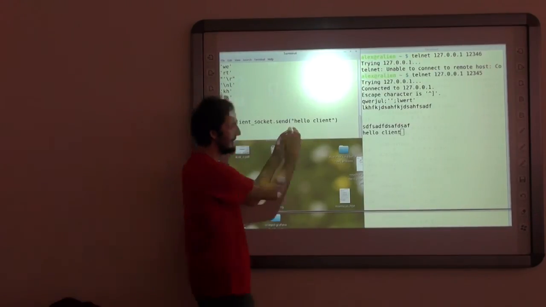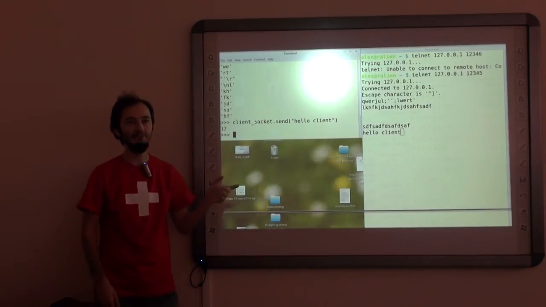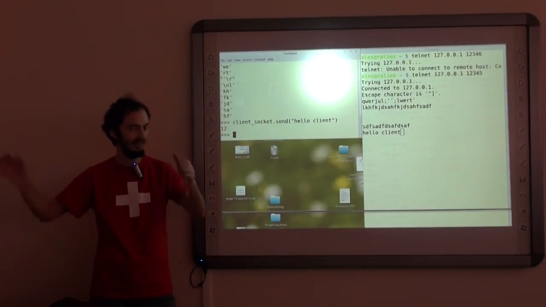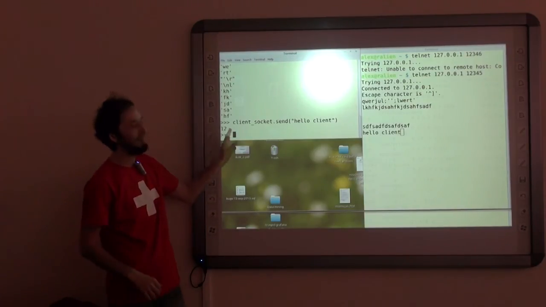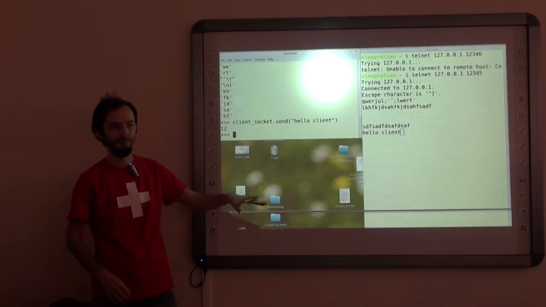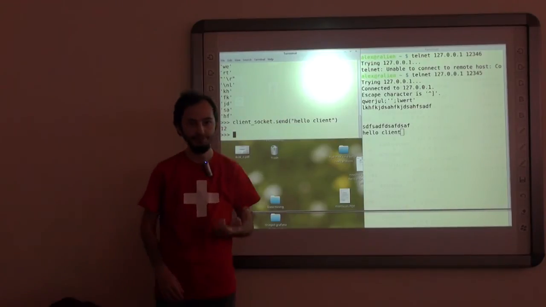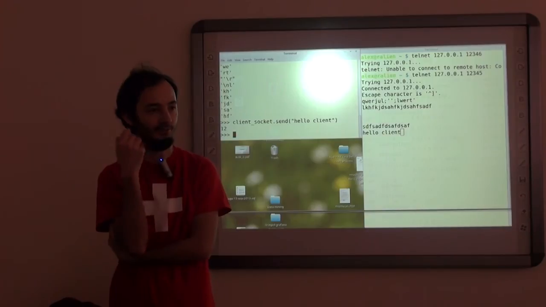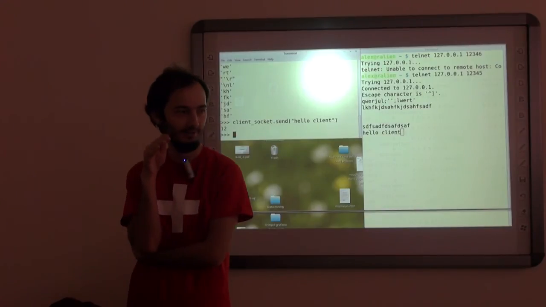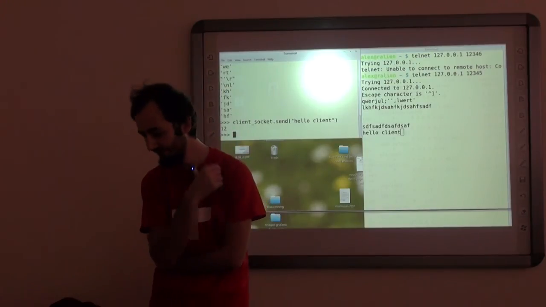So I could send a very long message, but it's not necessarily going to arrive exactly in that form. Maybe for some reason, sometimes, only some of it will be delivered. So it's a good thing to check the return value and compare it with your expectations. This way you know if the message was delivered entirely or maybe not.